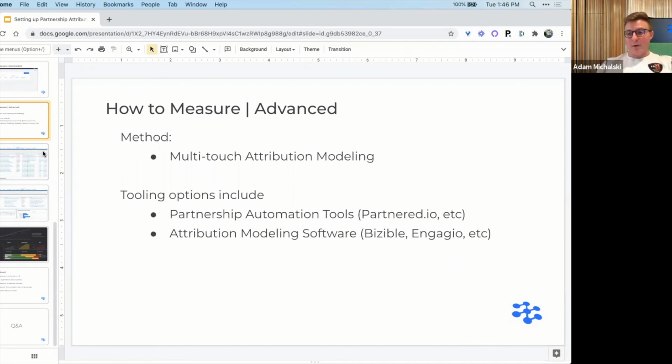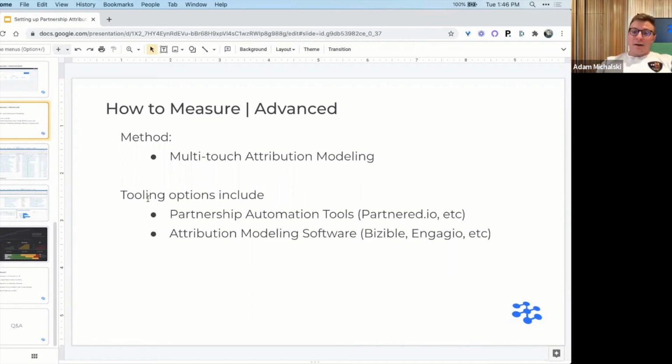And I think now we're going through the phase where partnerships are becoming more of a science, which is awesome for all of us, because it allows us to really understand each of the granular touch points that a partnership team is doing, similar to marketing and sales. You can understand the impact of each of your partners and how that is affecting your deals, which ultimately will dictate where you spend more of your time and effort.